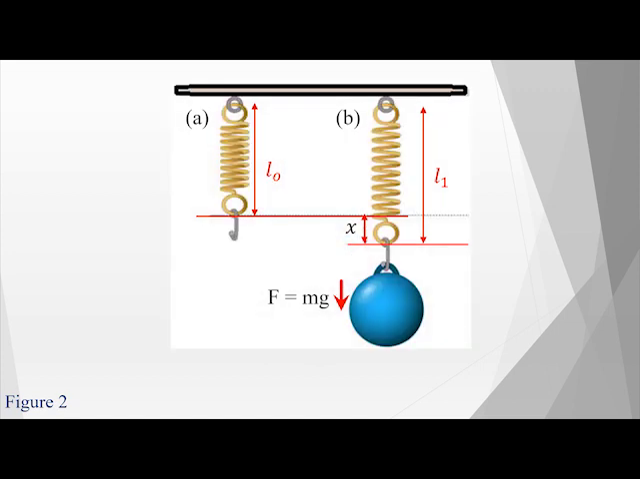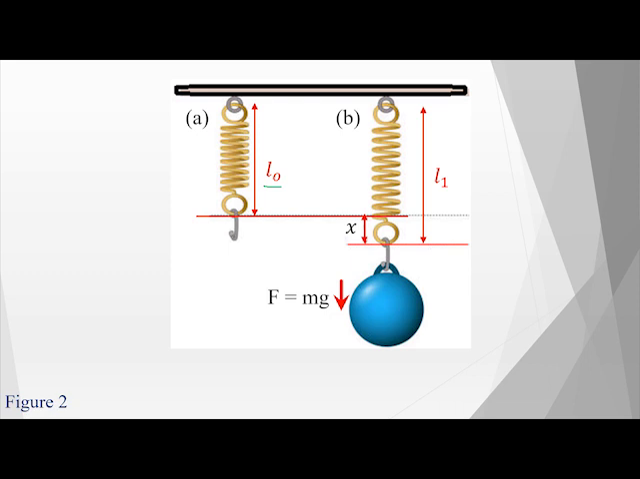As we can see in figure 2, L0 is the original length of the spring when it has not undergone any deformation. If we look at the B part of the image, we will realize that the attachment of a mass M has caused a deformation in the spring,